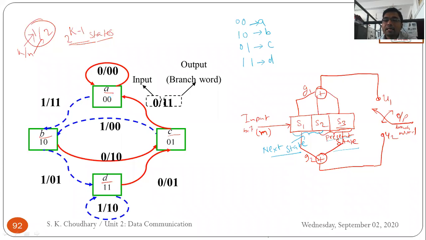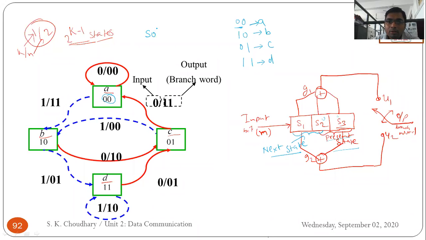Now, at the initial condition of the convolutional encoding, we assume that the positions of all shift registers are 0, 0, 0. Means at present we have to start with the 0 0 state. We always start at the 0 0 state. And there are 2 possibilities when we initiate the transitions in this state diagram: either the input is 1 or the input is 0.